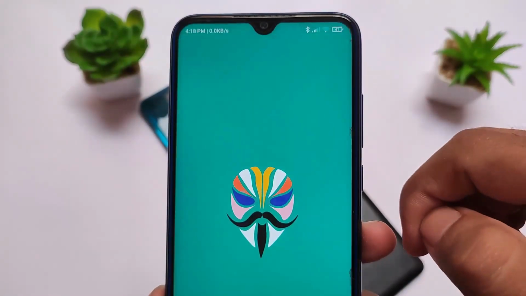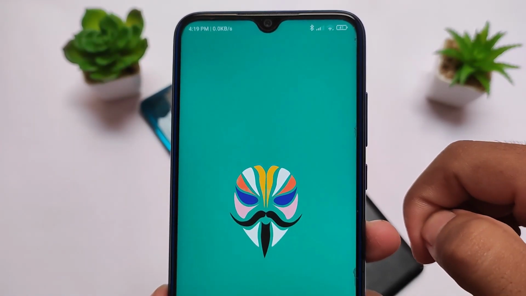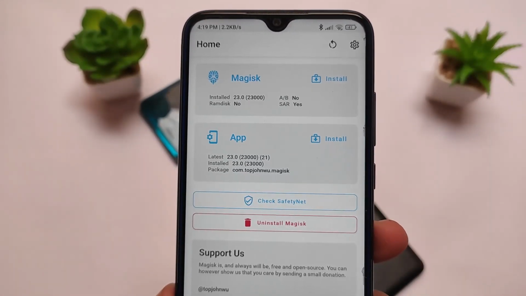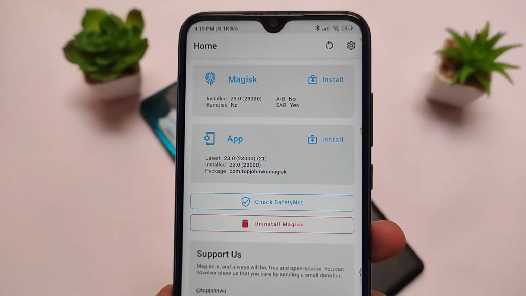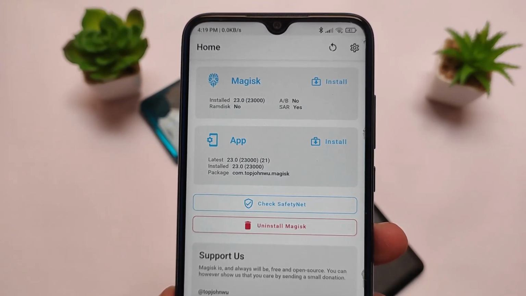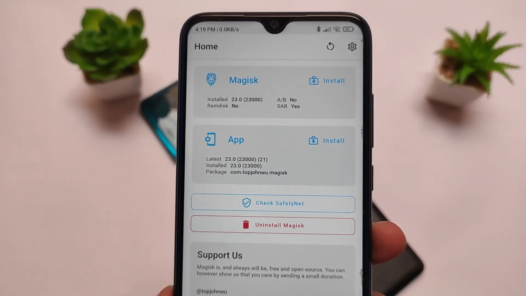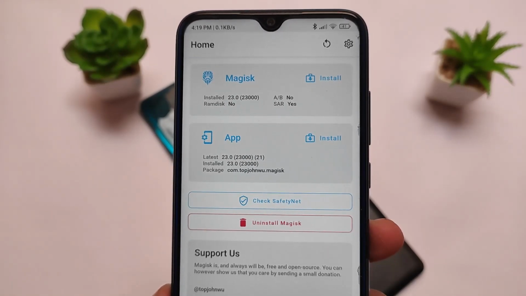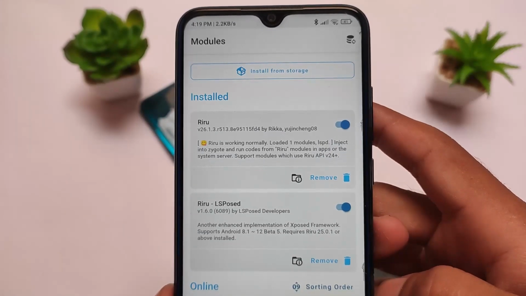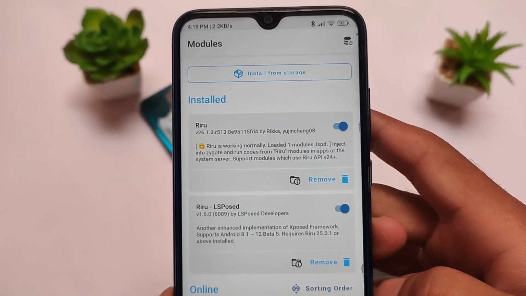But to install LSPosed, of course, make sure you have root, because if you have root, then you are good to go. And if you don't have root, then you need to root your device with the latest version of Magisk. In Magisk you need to install LSPosed, and in LSPosed you need to enable MIUI Home. Little bit complicated, but when you install that, then you might not face any kind of difficulties. Very simple thing. These were things I just wanted to let you know.